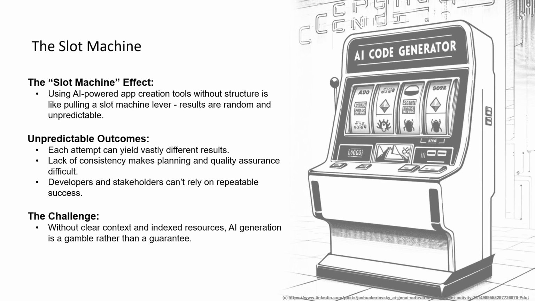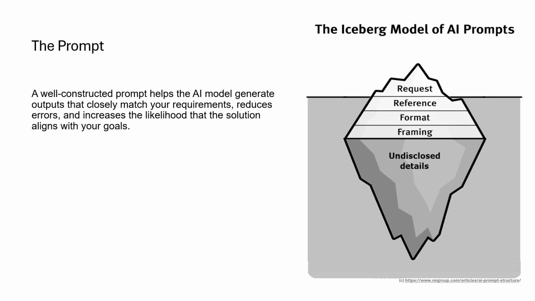This unpredictability isn't always a drawback. In some cases, it can even be helpful, especially when you're looking for creative solutions or exploring new ideas. However, if you're trying to build an application and need consistent, repeatable results, this lack of determinism can become a challenge. It all comes down to how complete and detailed your request to the AI is.